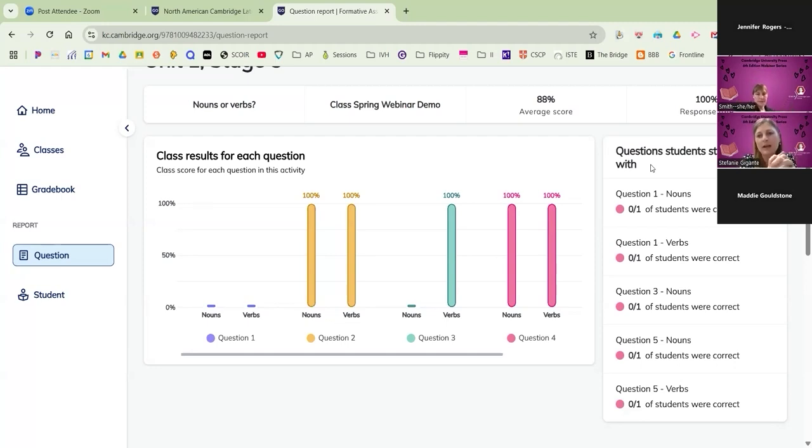It should be giving an idea, and I mean it is right now, but like the most challenging questions for the whole class, which are the questions that I, as a teacher, would be focusing on in class the next day. So what I would see, hopefully, if you have a class of more than one, let's say you have a class of 10, you'll see that with question one, with the nouns, maybe only 5 out of 10 students were correct, but the students were stronger for verbs in that particular question. So then that gives you an idea of what to do in class the next day to help the students differentiate between nouns and verbs.